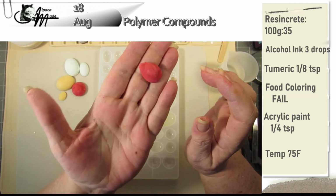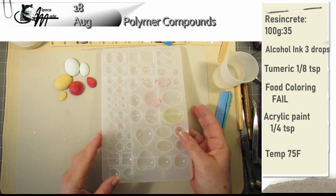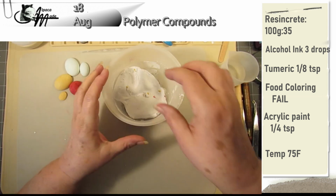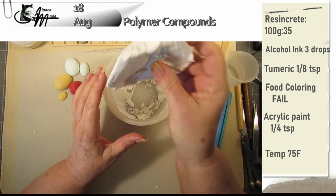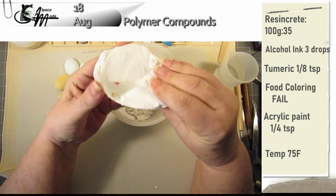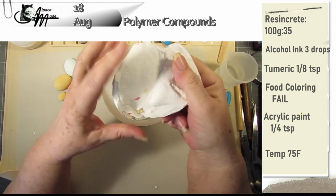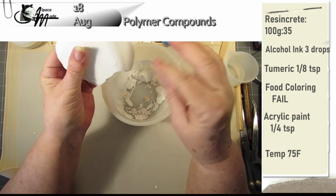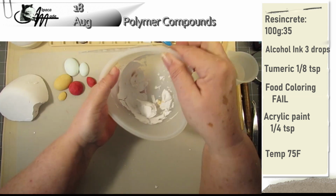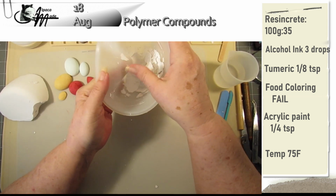Acrylic paint, if it's not quite thoroughly mixed in, can give you a beautiful marbling effect, and that red does have some marbling. This is what happened about 5 seconds after I poured the last little cabochon there. This lump hardened. It is not breakable with my hands, although a good hammer would definitely make short work of that